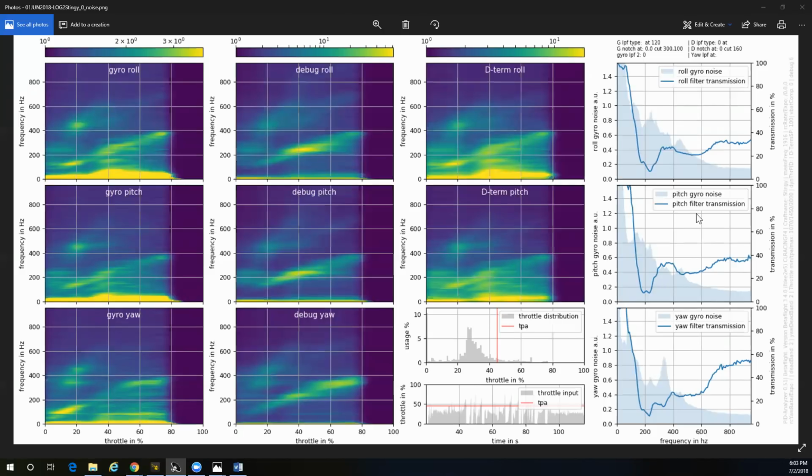Correct. Right. And here's another thing that I've noticed on logs: if you run a 32K log, or 32 kilohertz log, you're going to notice that the transmission line is much lower. And you think, oh man, my filters are really more effective in 32K. But what the difference is, at 32K or even in 8K mode, with an MPU 6000 gyro, if you put it in experimental mode, the amount of noise coming out of the gyro is so much more than what we're accustomed to